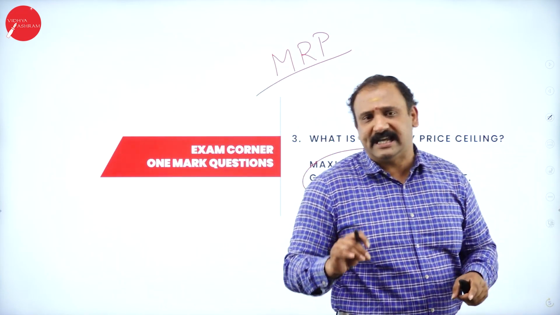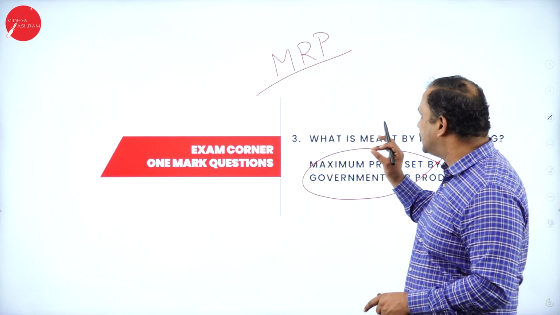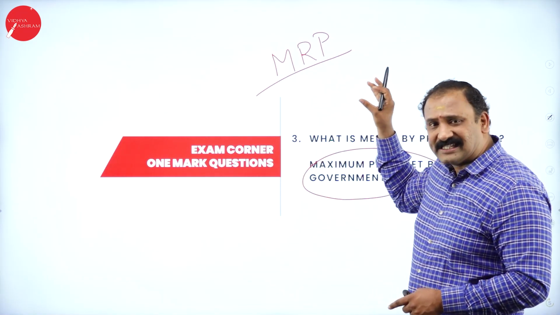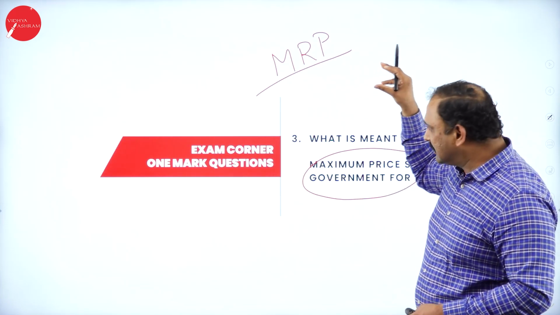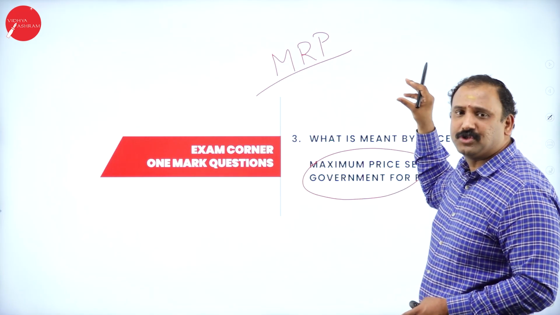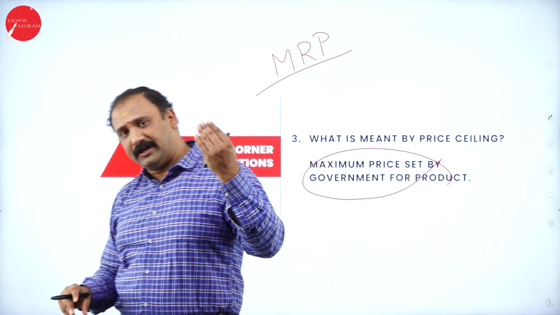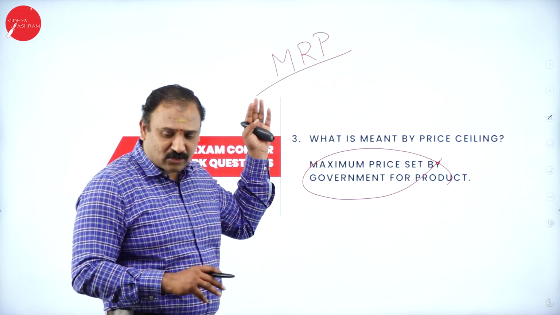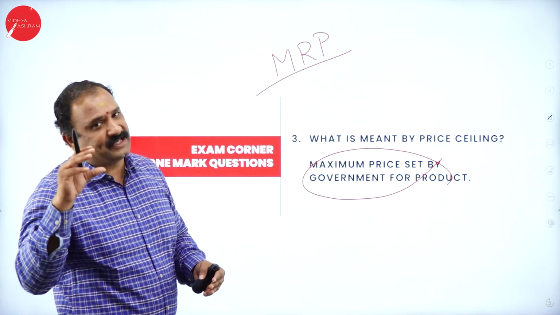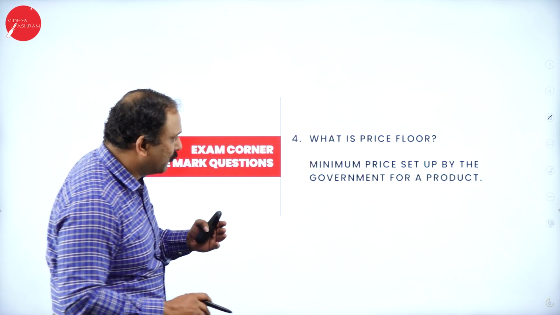Now, whenever I say the words maximum retail price, it means that the entire thing is held there. It has been kept as a limit. So that is the maximum price at which you would be able to sell. You cannot sell for more than that. So the government has already fixed the price. The government has already kept in mind that this is going to be the final price tag that is available.